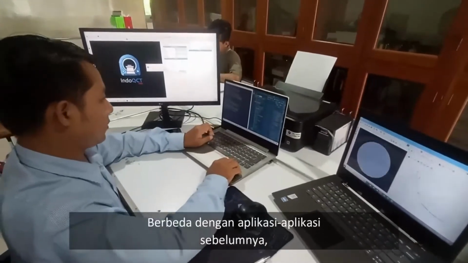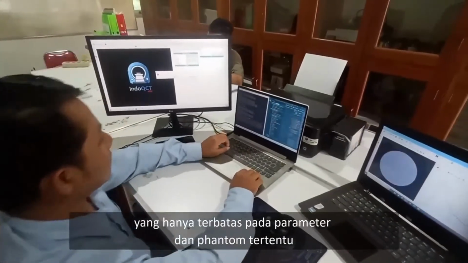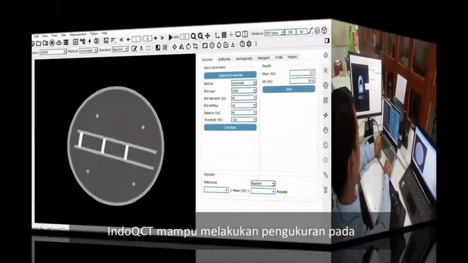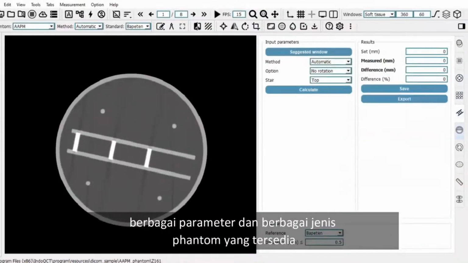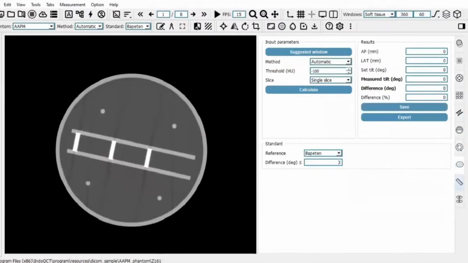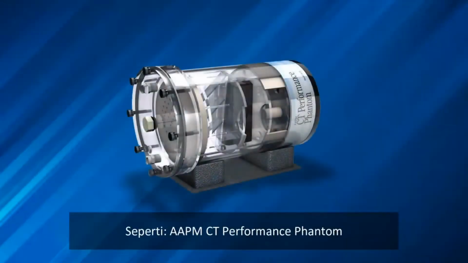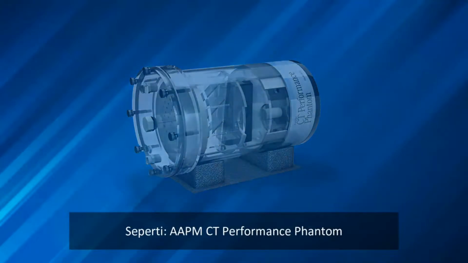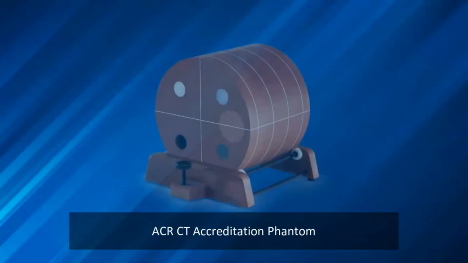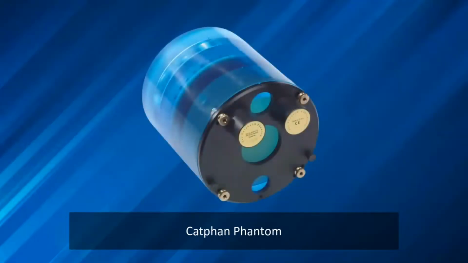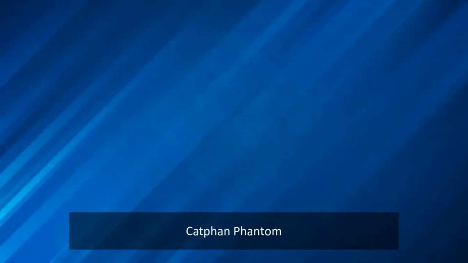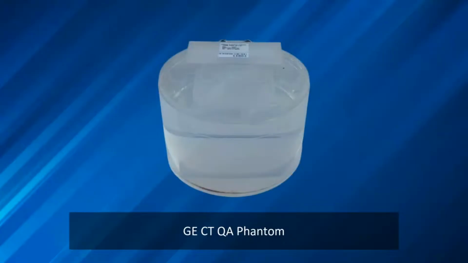Unlike previously available software which were limited to certain parameters and phantoms, IndoQCT is capable of measuring various parameters from a variety of available phantoms, such as the AAPM CT Performance Phantom, the ACR CT Accreditation Phantom, the CAPFAN Phantom, the GE CTQF Phantom,